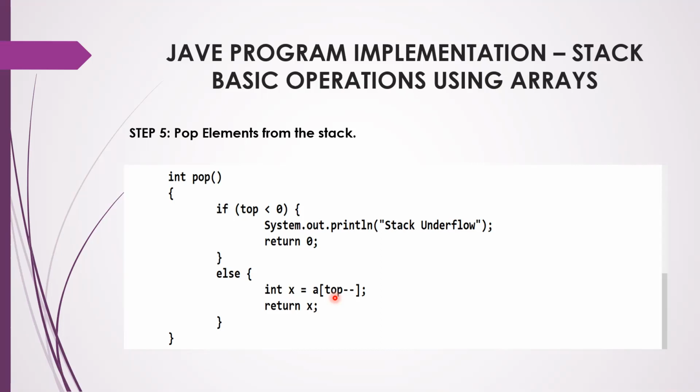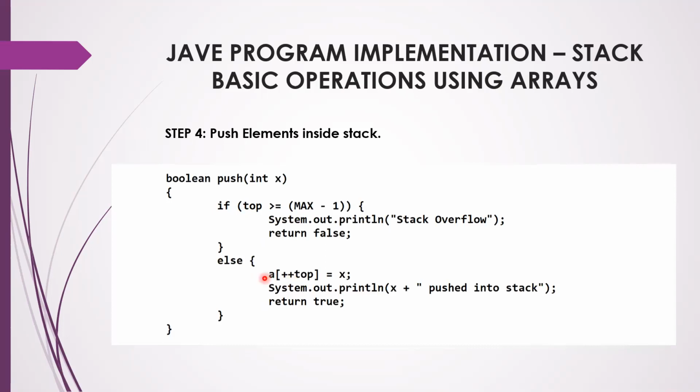Here, if I want to remove the 999th element, for example, if I want to remove the fifth element, there are only 5 elements in an array. I want to remove the fifth element. What will happen? The top will actually be pointing to the fifth element. Since it is a post-decrement, first it will return whatever is there in the top position, that is in the fifth position. If there is a value called 10, it will return you 10, and a post-decrement occurs to the top variable. The top variable will decrement to the fourth position. That is called post-decrement.